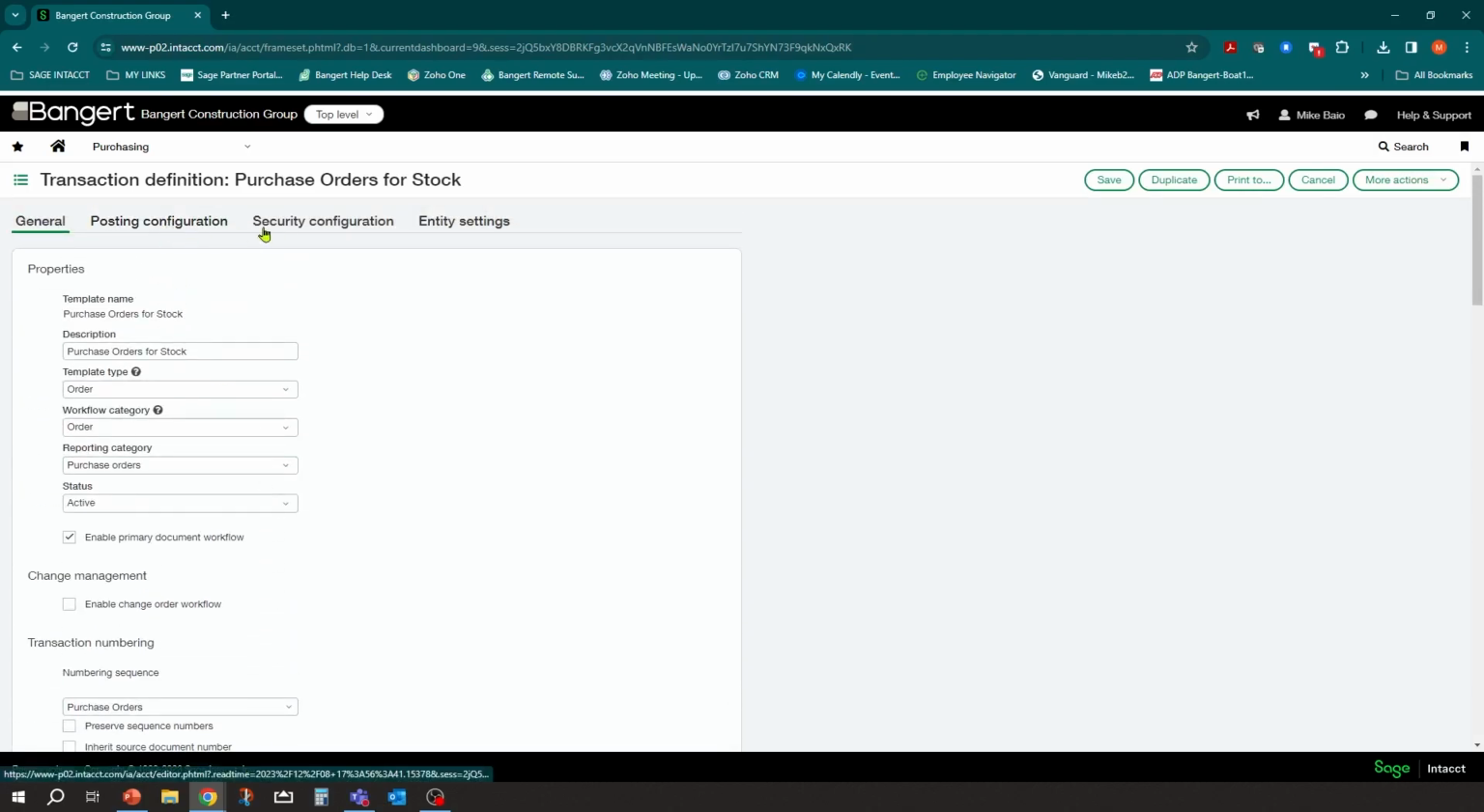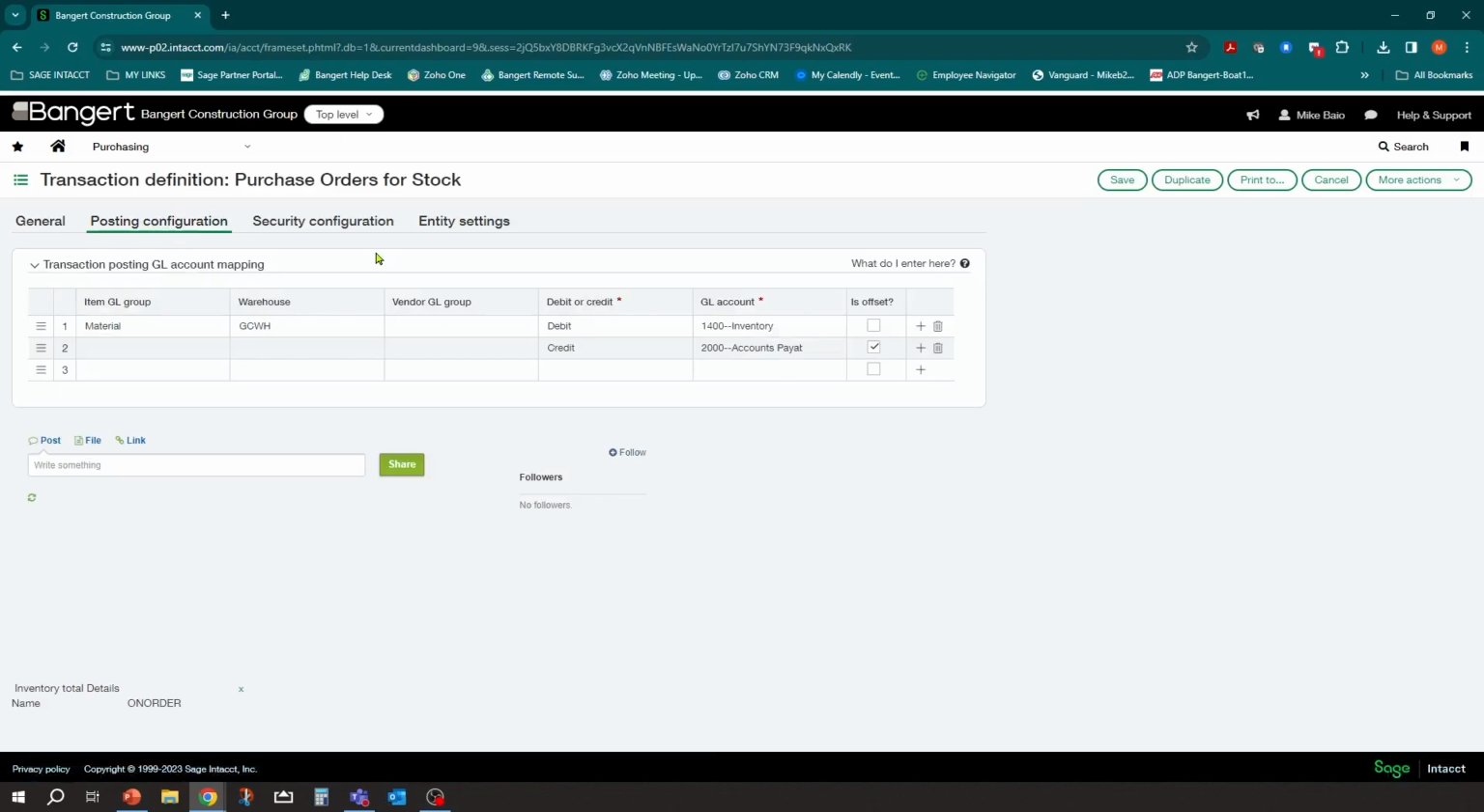So then, of course, you have the 3 different tabs in addition to the general for your transaction definitions. Posting configuration, because we said we want to post to the GL, the system needs to know, what do you want me to do when we post this? So from the prior session in our inventory items, we linked our items to an inventory GL group. So this is where we're going to come in and say, all right, any item that's linked to material from the GC warehouse is going to debit inventory